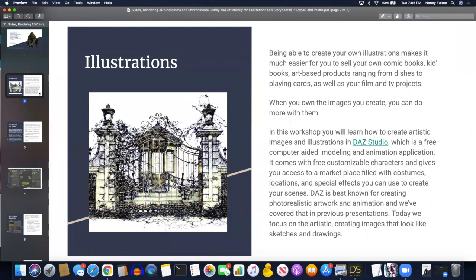We'll talk a little over the course of this event. We'll be talking for just a few minutes about how working with DAZ